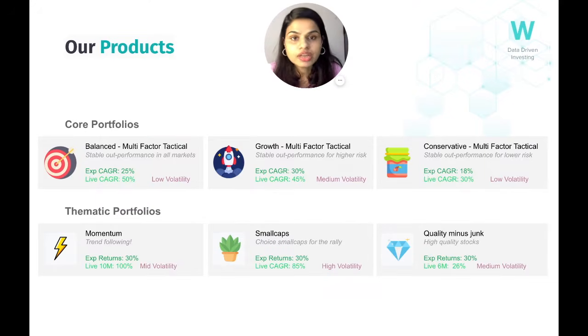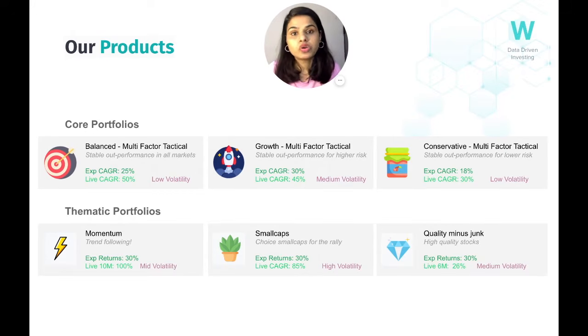We offer our portfolios in 2 different types of products, right? So the first product that we actually started with are our core products, right? These are portfolios that can become the core part of your portfolio. They can become 25 to 50% of your portfolio, and you can buy these products and forget them. The idea here is that we will manage the risk and reward. We will give you exposure to the best performing opportunities in the market, and you don't need to worry about what's going around the market.